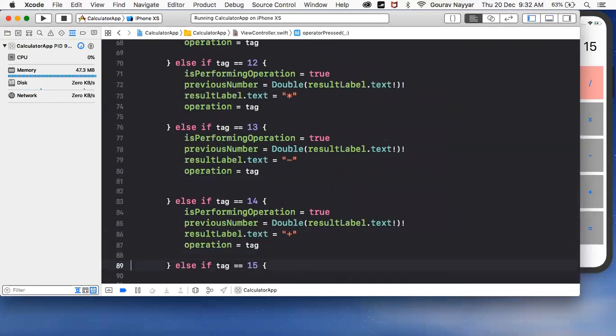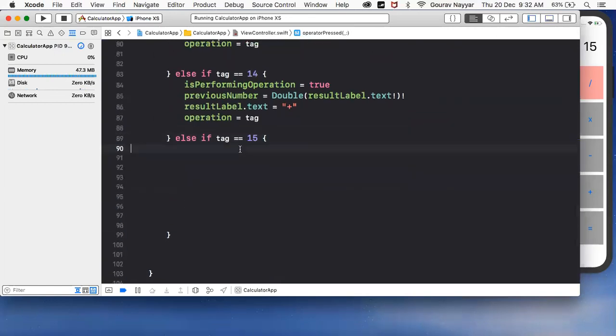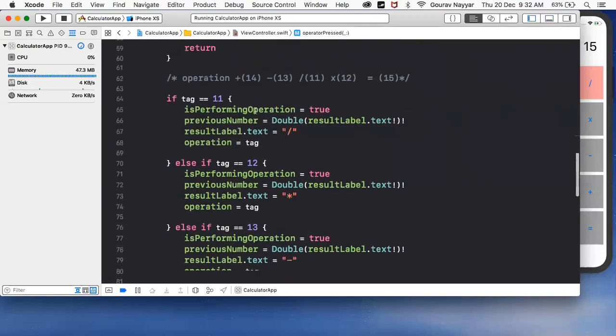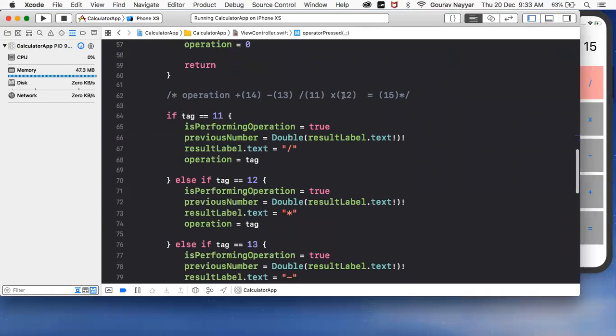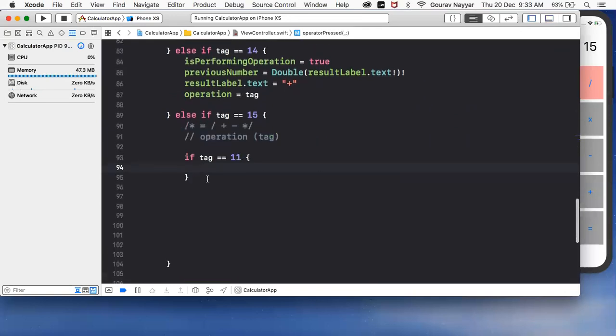Correct. Now when you get into 15, the possibility can be that you might have pressed equal, or divide or plus or minus, something. How can we check that? For that we have used a variable called operation which will save the tag. Okay, so if I say my tag is equal to 11, we know 11 is for divide, 12, 13, 14, and 14 is for addition. So else if